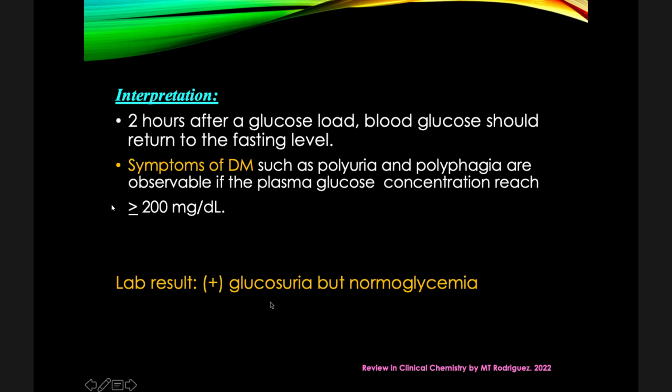Bakit ba may glucosuria? Maiisip mo na naman, Mom, sabi mo kanina ang glucosuria if the blood glucose, fasting or non-fasting, take note the blood glucose, fasting or non-fasting, exceeds 180. 181 and above na po yung RBS or FBS niya. Umabot ng 181 and above. Saka lang may glucosuria. Baka dito, Ma'am, 89 lang FBS tapos may +1 sa urine? Question, is it DM? Is it non-DM? Or is it impaired